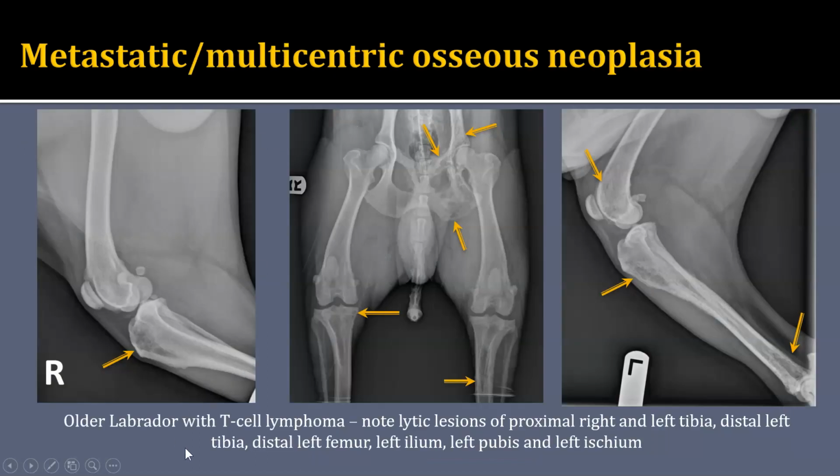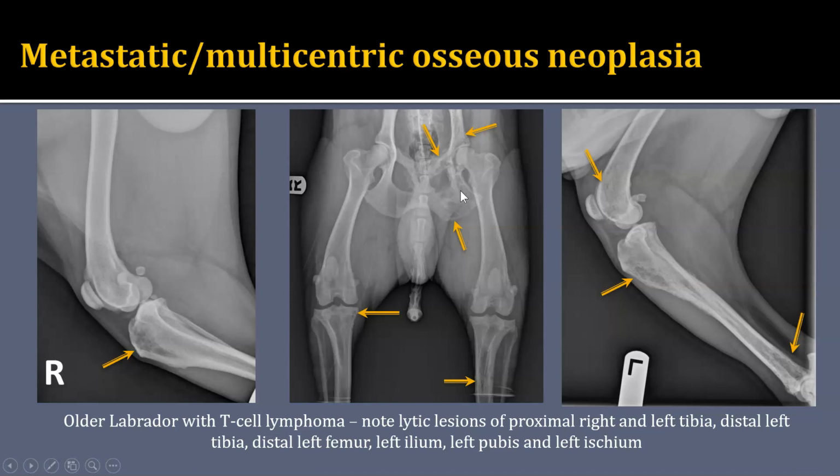Now, here's a patient, an older Labrador, who has more of what I'll call a multicentric tumor that's affecting the bone. This dog has T-cell lymphoma, and he was very painful in his hind limbs, and so several different radiographs were obtained. If you notice, there are several lesions affecting this dog's pelvic limbs. So let's start with the middle of the slide here. And if we look on the pelvic bones, there are regions of moth-eaten lysis in the ilium, the pubic bone,